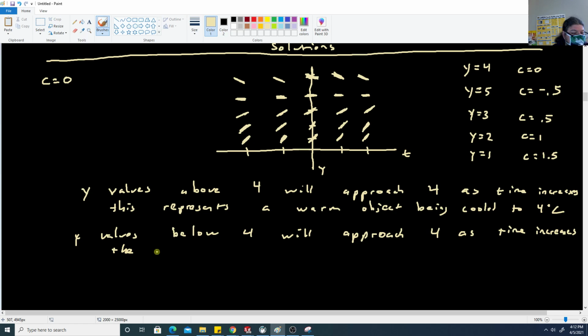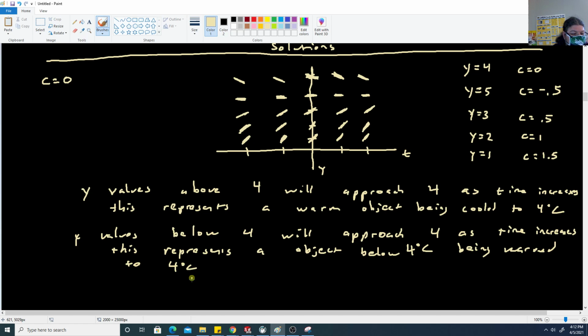And this represents an object below 4 degrees Celsius being warmed to 4 degrees Celsius. And so from this we can conclude